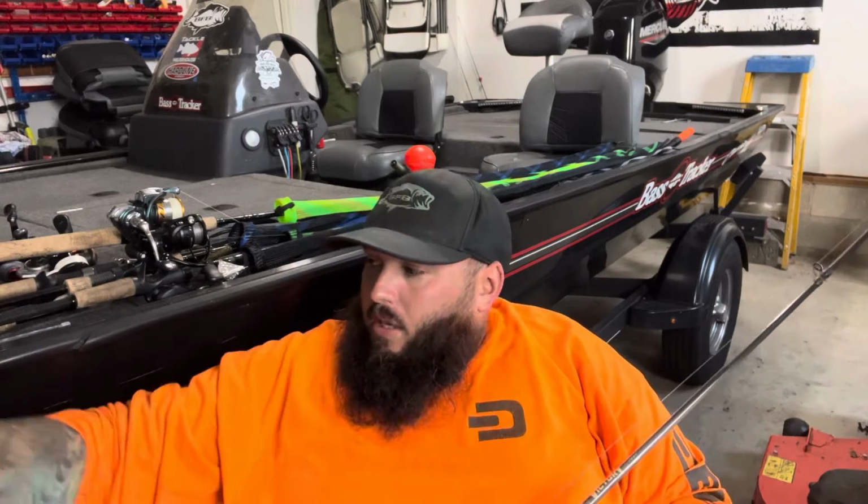I primarily bass fish, so this boat's seen a lot of weed beds, a lot of rock, brush, lily pad fields, bounced off docks, you name it. I got the scratches in the paint to prove it, the blood on the carpet to prove it. So I am somebody that definitely uses my boat. So getting into the review, guys,